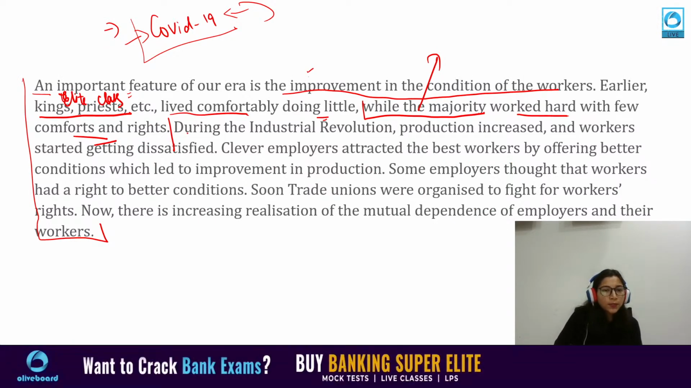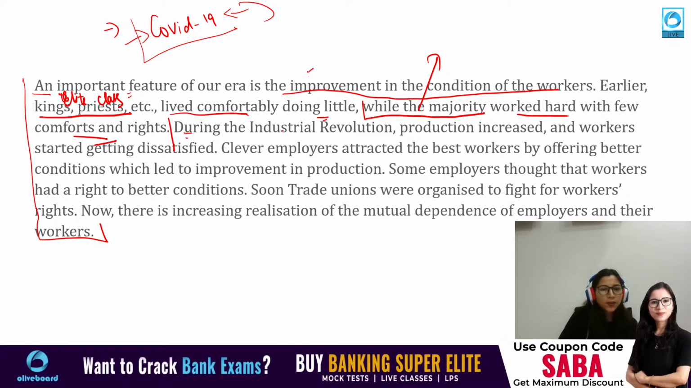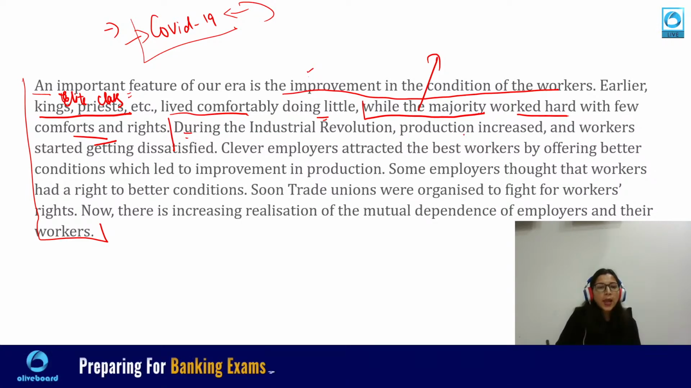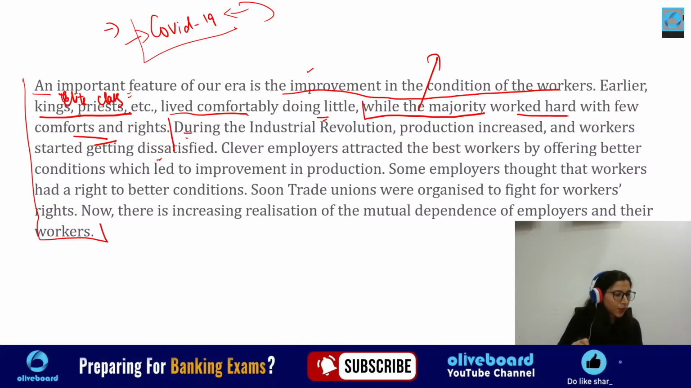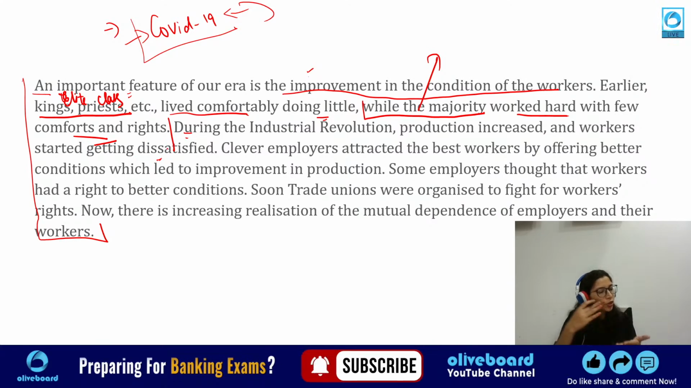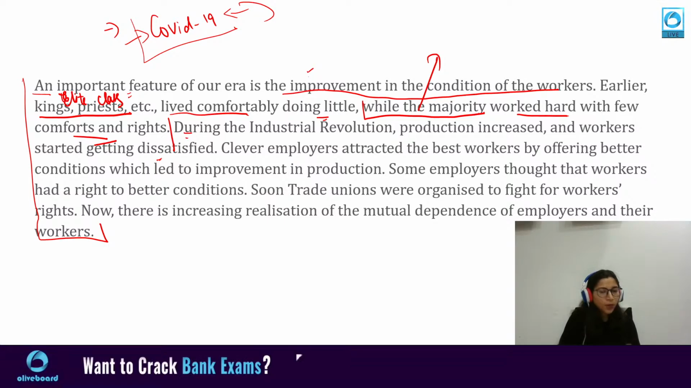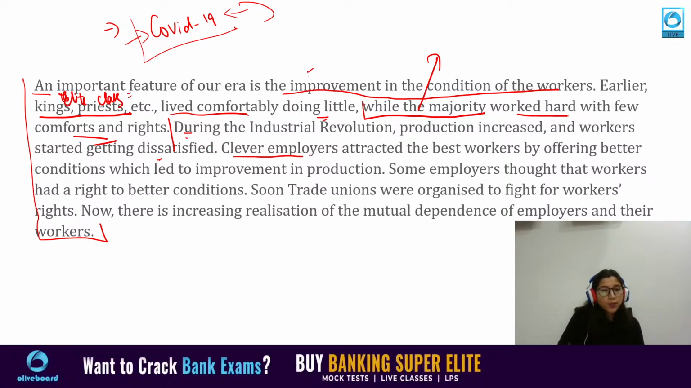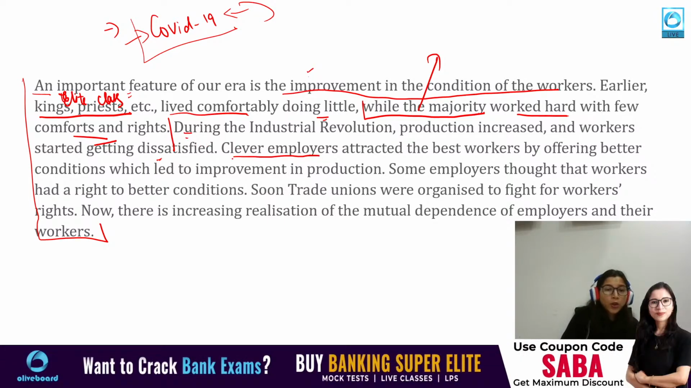Now, let's proceed to the next concept, that is industrial revolution. During the industrial revolution, production increased and workers started getting dissatisfied. कि इंडस्ट्रियल रिवॉल्यूशन में प्रोडक्शन बढ़ने लगा, but the working class started getting dissatisfied. Okay. Clever employers. Okay. And you can say compassionate employers also,